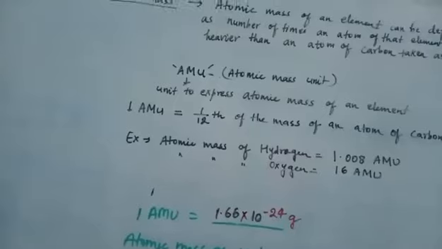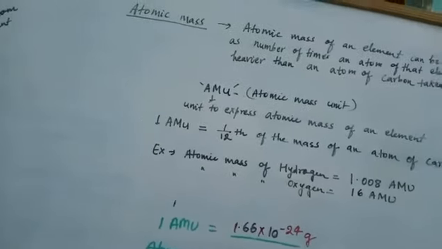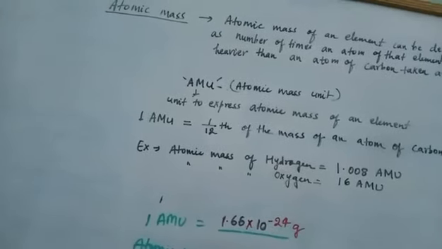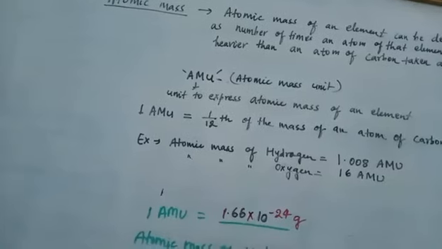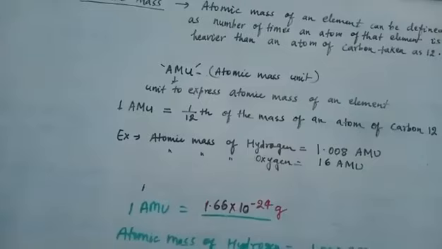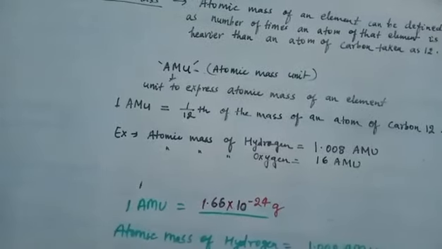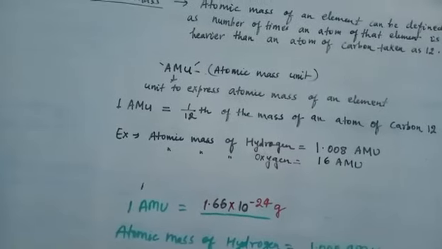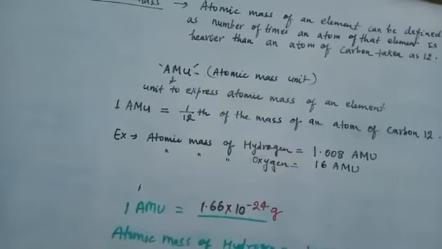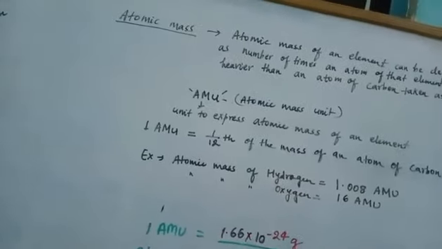So you can think of the atomic mass of any element, that means the mass of one atom, is very small, and there is no unit we know to calculate it. We cannot calculate it in gram or kilogram. These are big units. The mass of one atom is very small, so what would be the unit to express its weight or mass? All this we will discuss now.